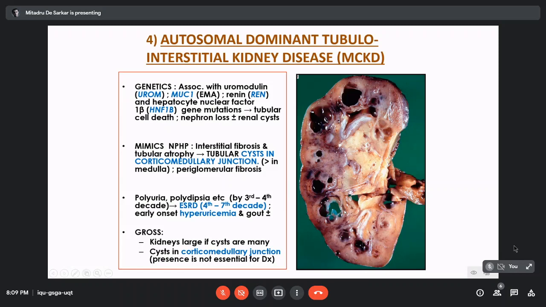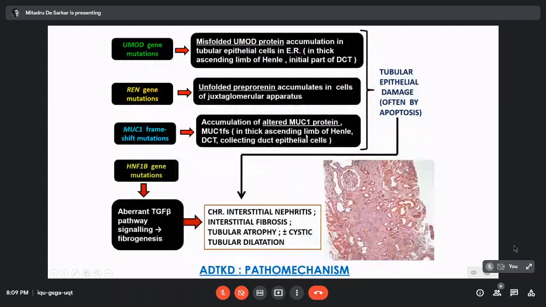The presence of this cyst is not essential for diagnosis, which is why I had said that some of those entities might not be cystic at all. So what is the pathomechanism? The pathomechanism we can think of is basically misfolded and unfolded proteins, which are all deposited within the tubules, and because of these abnormally deposited proteins, the tubules undergo subsequent destruction, loss, atrophy, resulting in subsequent inflammation along with